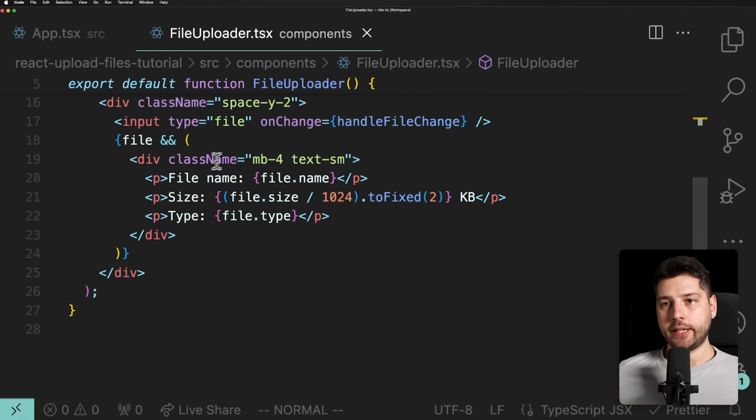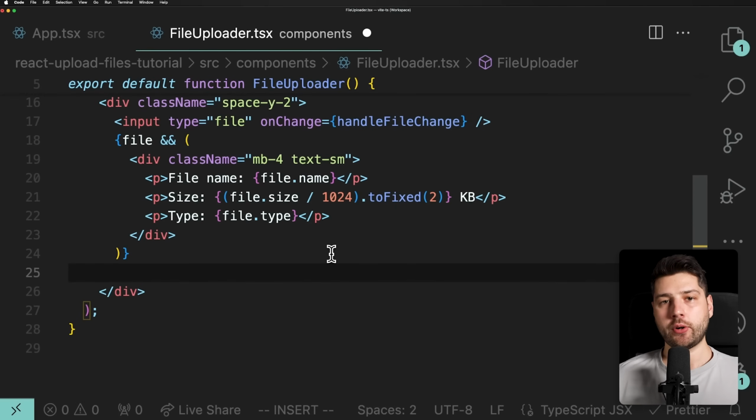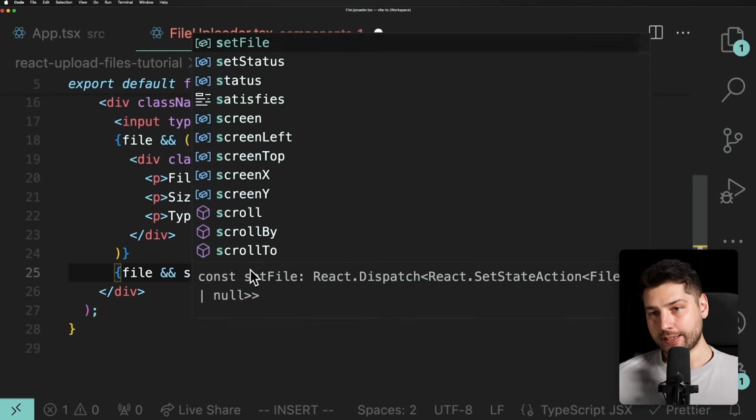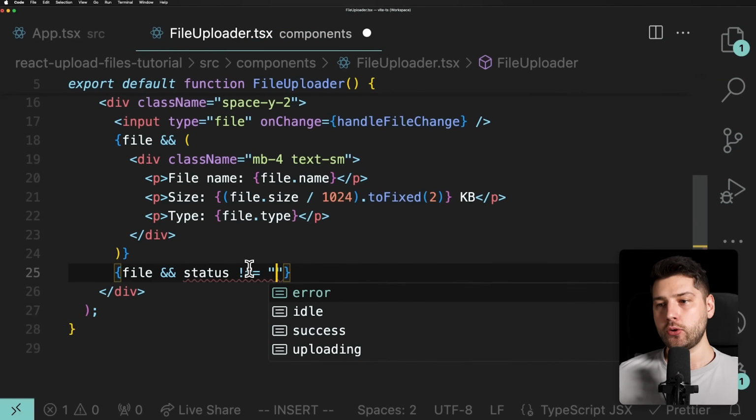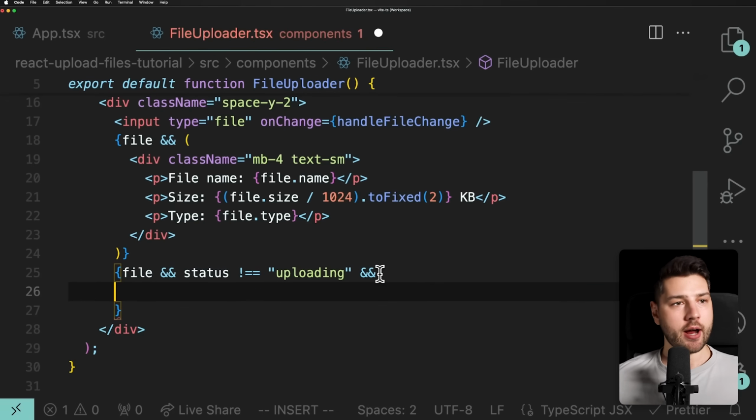Then we're going to come here in the actual JSX, and below the file, we're going to render a button that we can click to trigger the file upload. First we're going to make a check that we have a file, because we only want to allow a file to be uploaded if we have a file in the state. That's our first check. So we're going to do file, and then &&, and we're also going to check that the status is not equal to uploading, because we don't want to render this button if we're already in the process of uploading something. If both of those conditions are true, then we're going to render